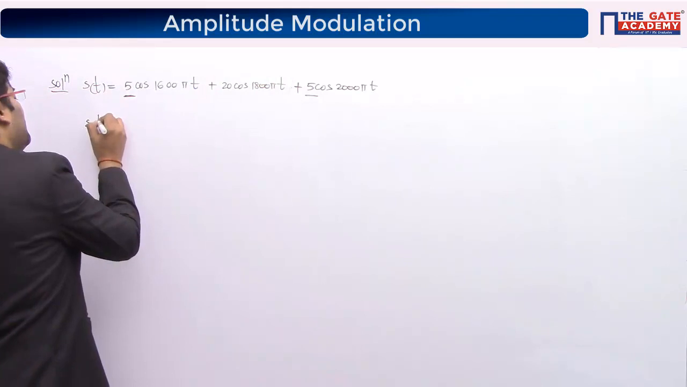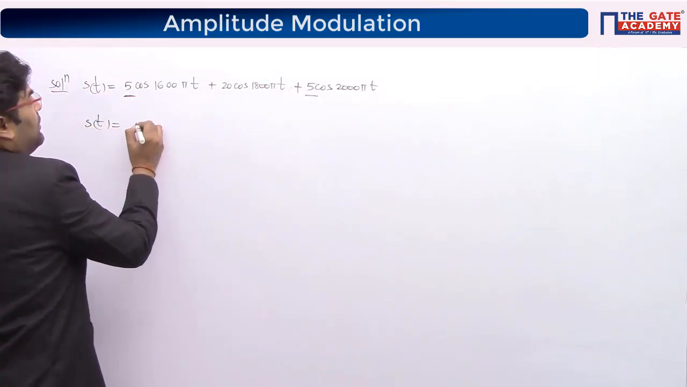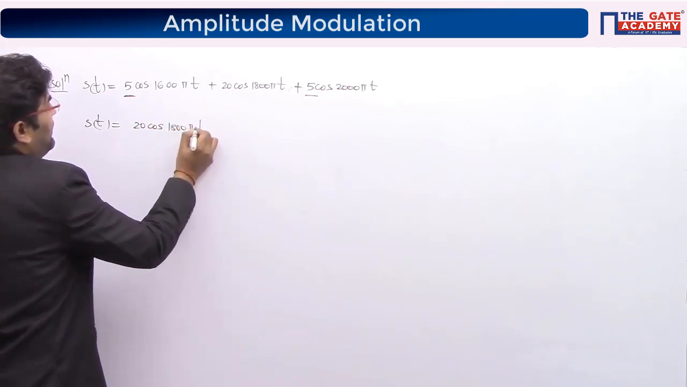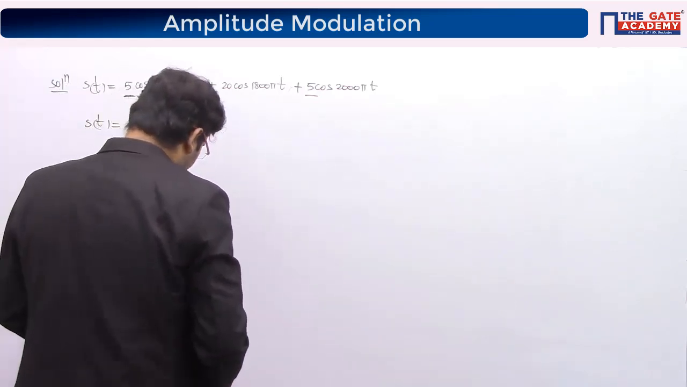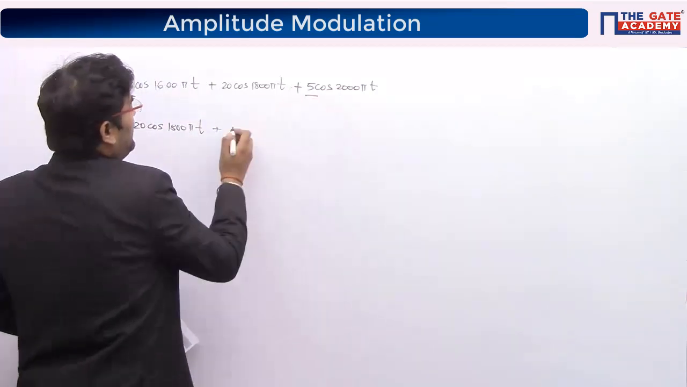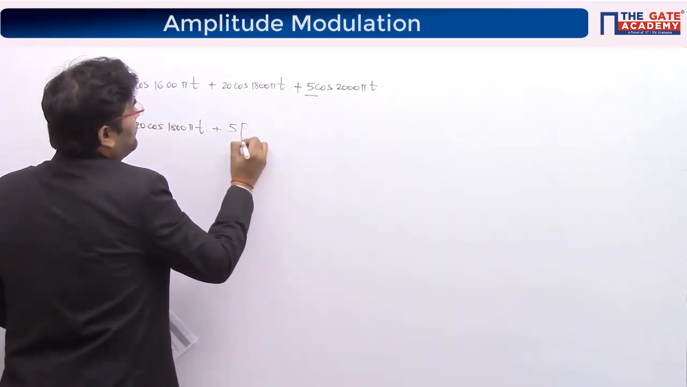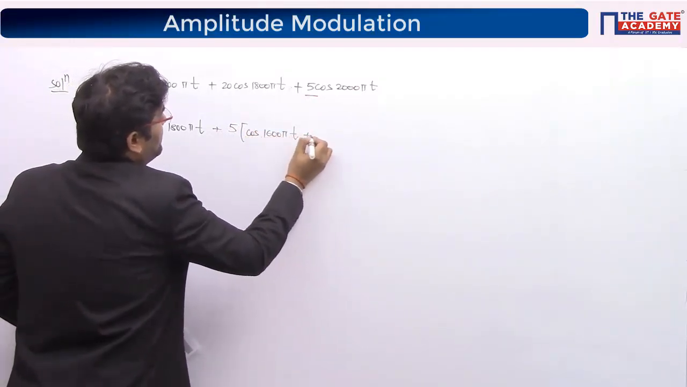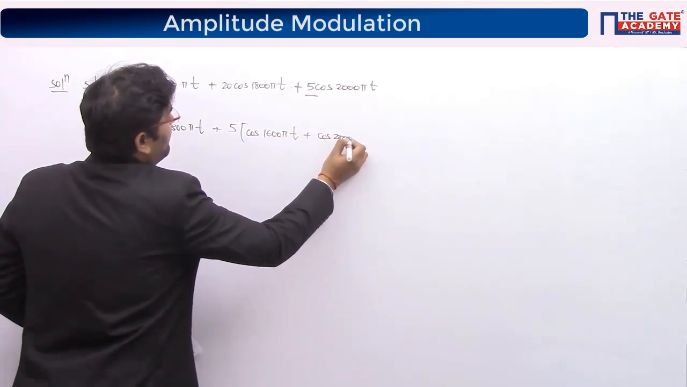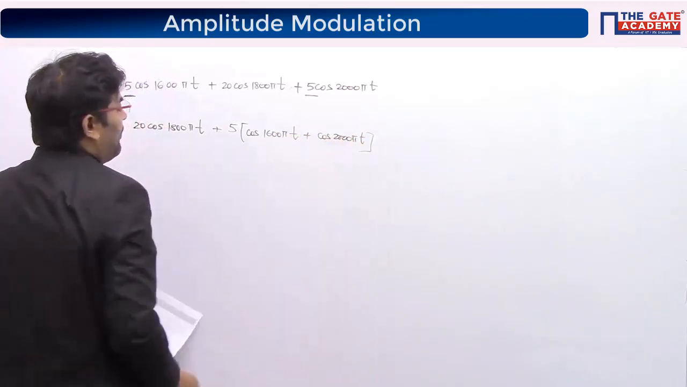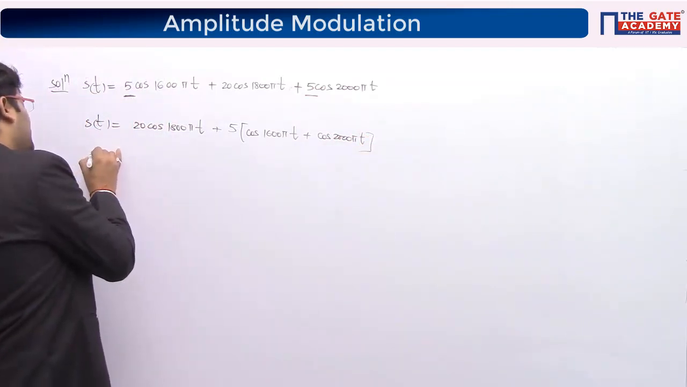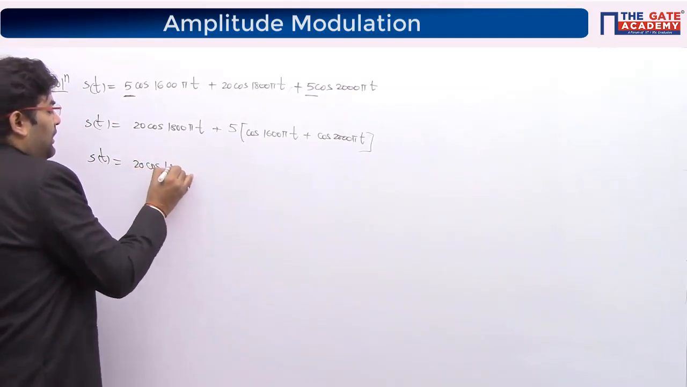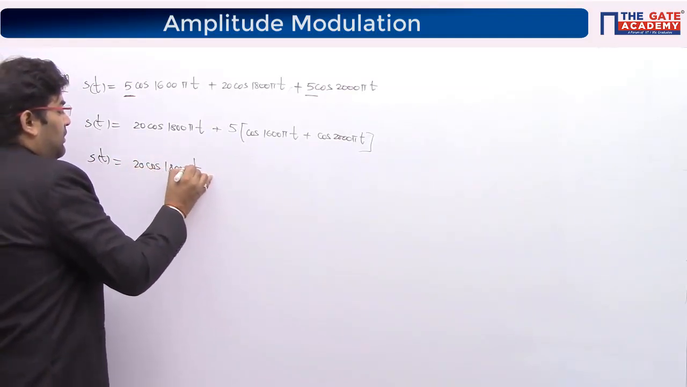So you can write S of t equal to 20 cos 1800 pi t. Now clubbing these two, you can take common and write cos 1600 pi t plus cos 2000 pi t. Applying the formula of cos C plus cos D, you can write S of t equal to 20 cos 1800 pi t